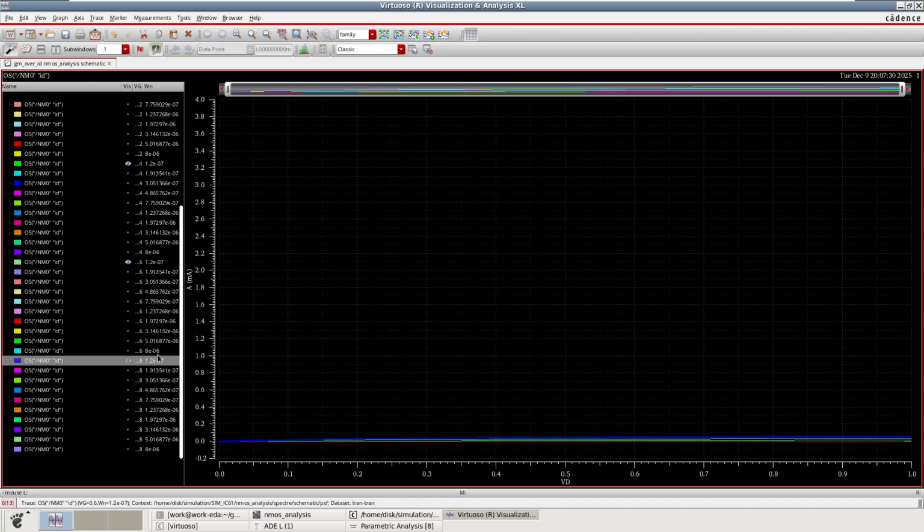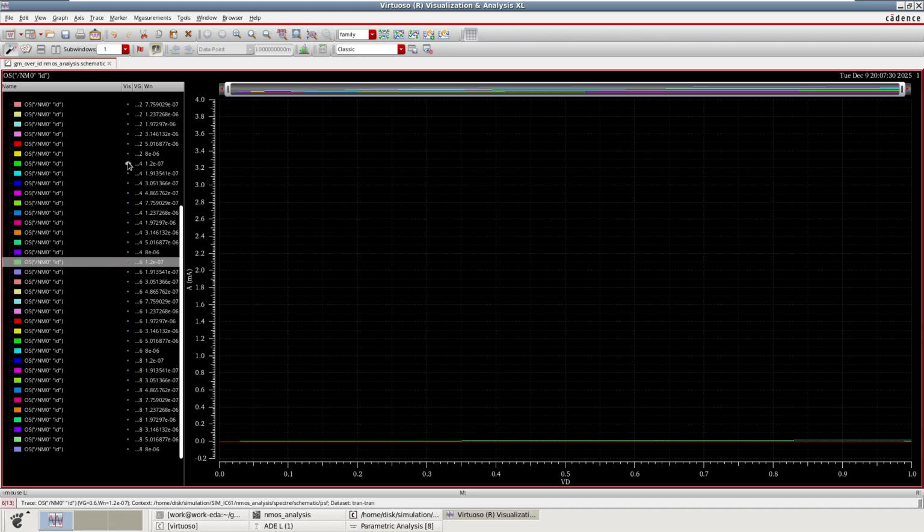But the interesting thing is that you apply a larger gate voltage, 800 millivolt, but your width of the MOSFET is very small, 120 nanometer. So for this case, you apply a large gate voltage like 800 millivolt, 600 millivolt, 400 millivolt, you cannot get much current. But if you increase your